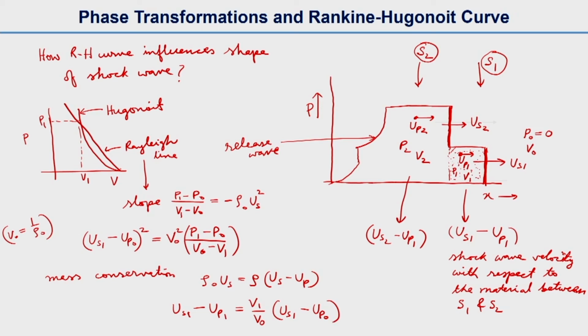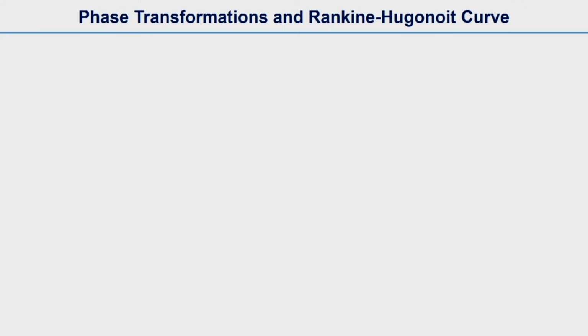So you can understand that V1 and V naught, we are writing in place of rho naught and rho, which is just the inverse of it. So from these two relations we'll write this as A and write this one as B. Similarly, in terms of the points 1 and naught, like US1 minus UP naught, we can write other equations with respect to US2 minus UP1, similar to A,